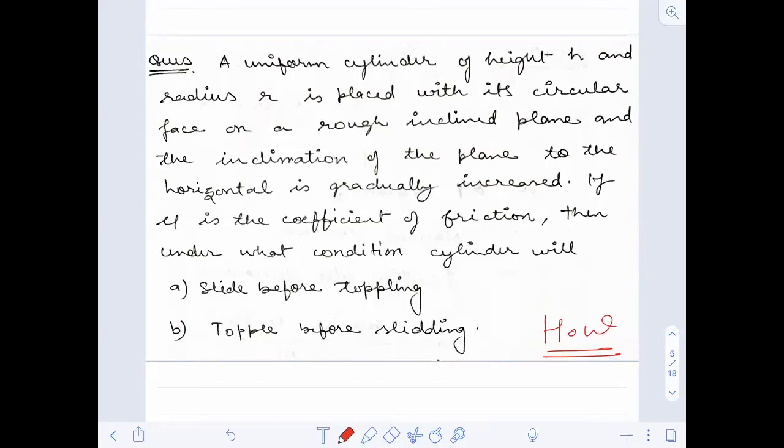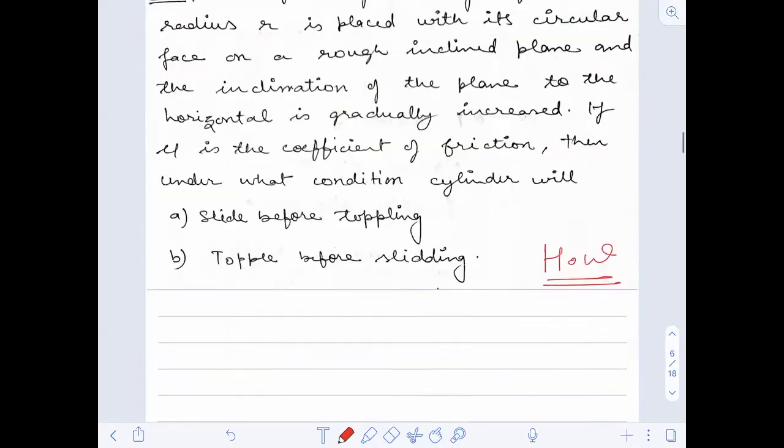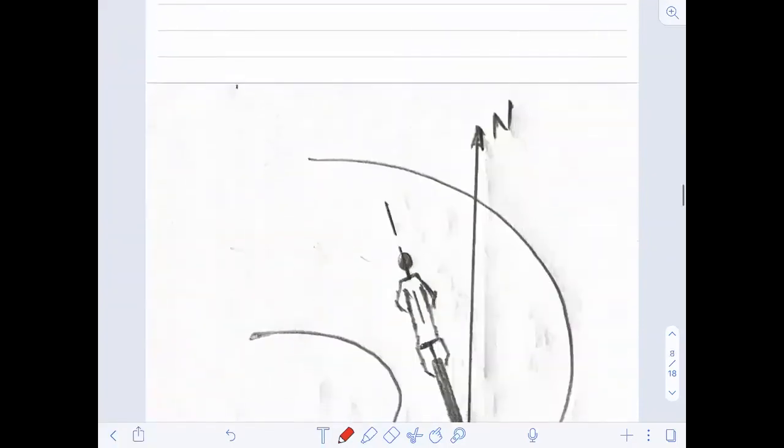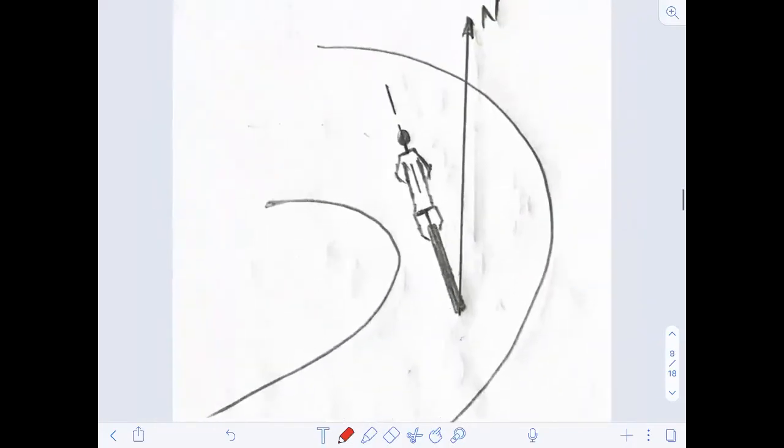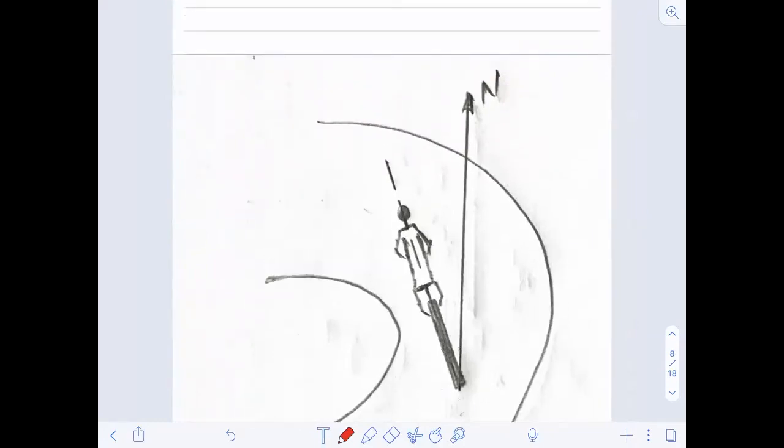Okay. There are a total of 4-5 cases in this, so be careful. Now, in this topic, in the figure on your screen, you have a case where there is a cyclist coming to the circular track, and he has to tilt theta degrees with the vertical. So this is the theta degree that he has to tilt.